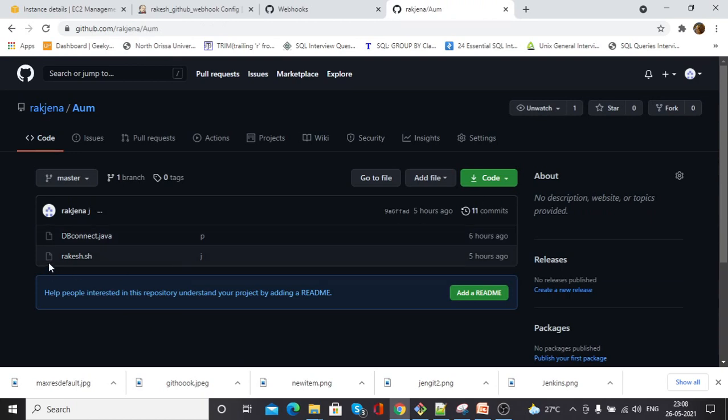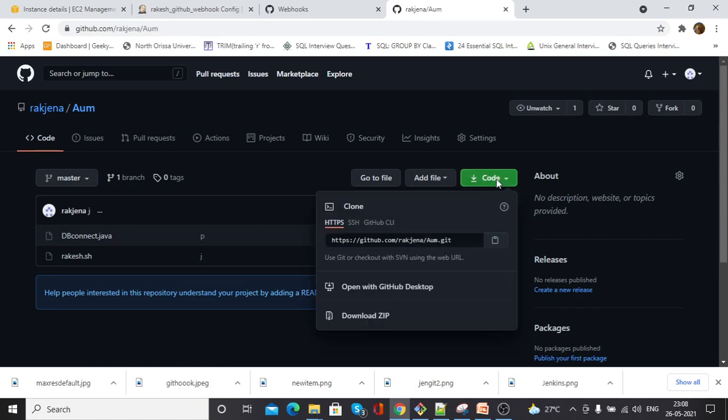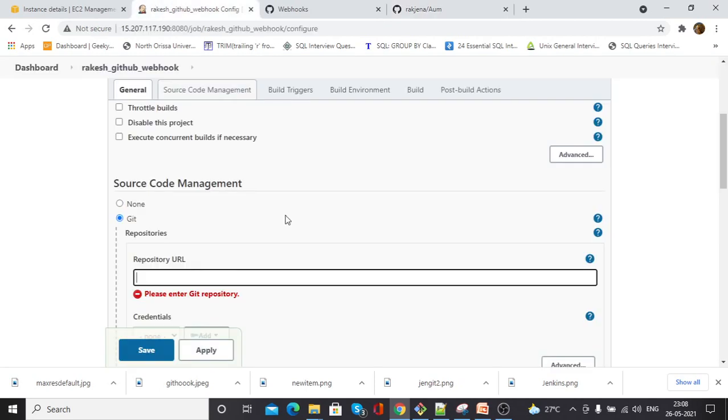Another file is also there, dbconnect.java. Here we need to copy the URL. For that, simply click on code, and here if you click, the URL will be copied. So let's paste this URL in the Jenkins repository URL.